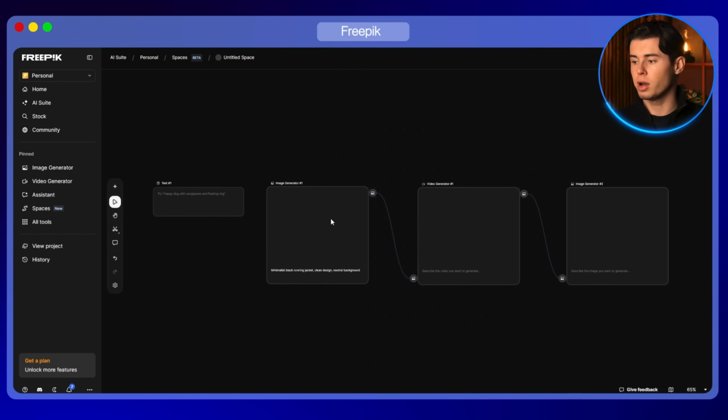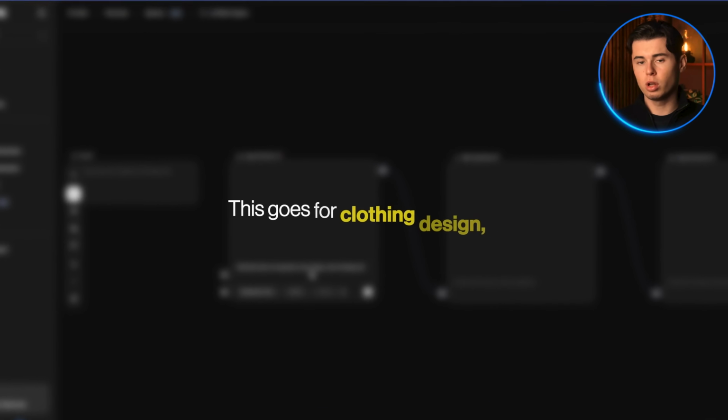The power here is that once you build a workflow that works, you never have to rebuild it, you just swap out the inputs and the entire chain updates automatically. This goes for clothing design. For example, if you're making some kind of a list of icons or anything similar to that, where you're relying